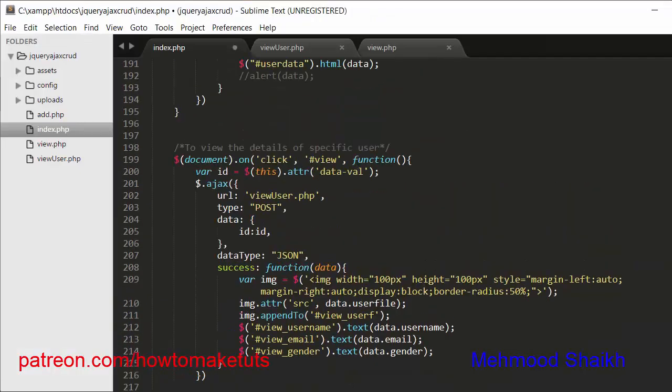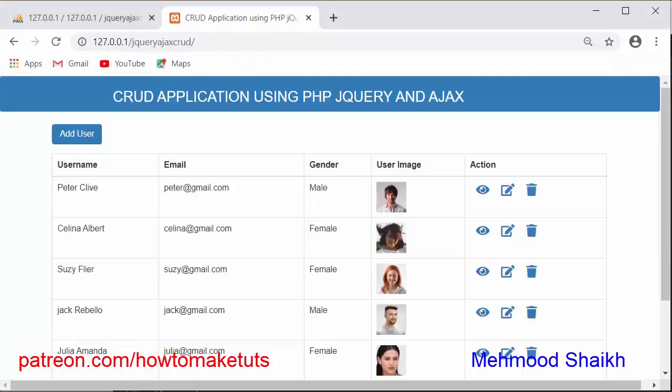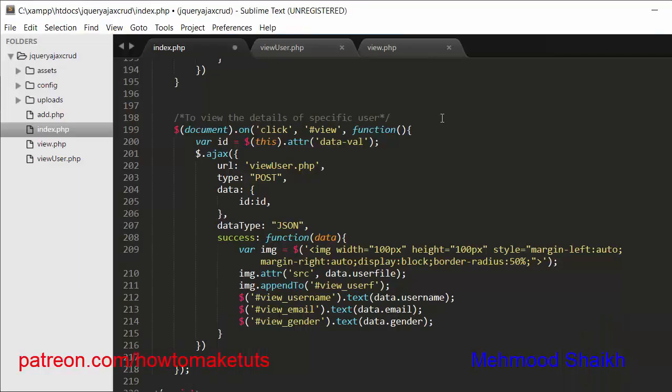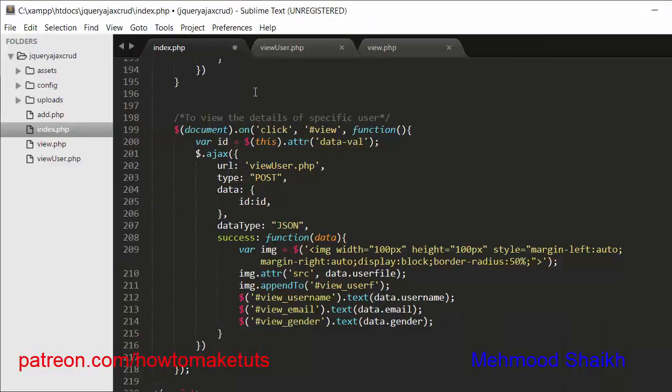Now the next one is the jQuery part. The moment I click on this eye icon, I will be presented with this div, and at that moment I need to fetch the details of that selected user based on this ID and display that information here in this modal. For that, I need to send an AJAX request to the server to get the data of the selected user and return it to this index.php.